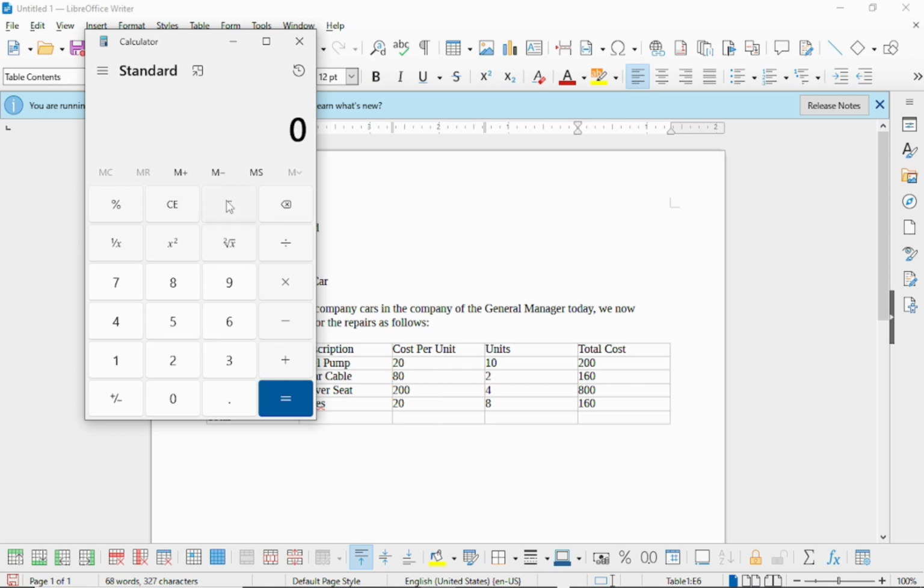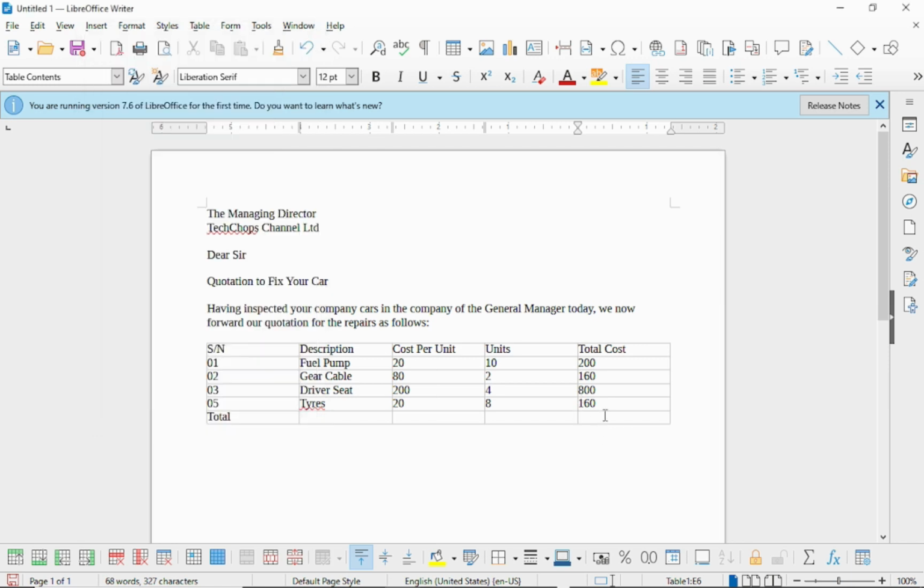Okay, so here we want to insert a new column, because there's a category we forgot to add there. So now we insert a column to the right, so that we can add the item. Okay, so we click on that, and then